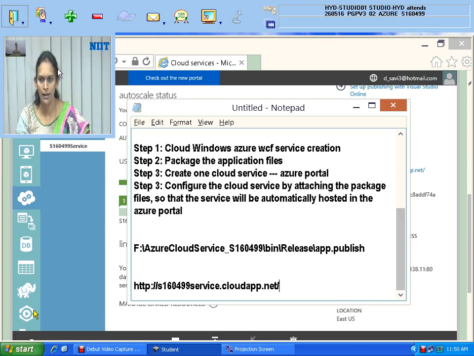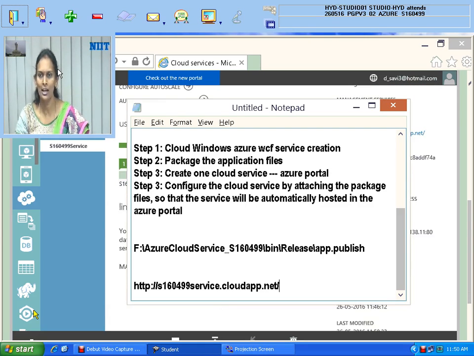Any doubts, ma'am? Now Azure subscription. Yes, it is working. Azure subscription is already done. The ID is activated for all of you. Please check whose details were sent to me. For them it is activated. For whom it is not activated, send me the details once again. I will request once again to check that.